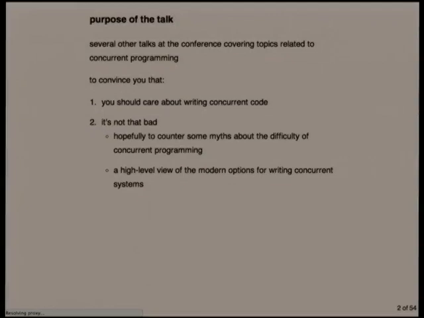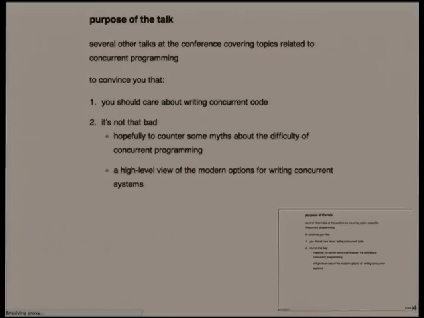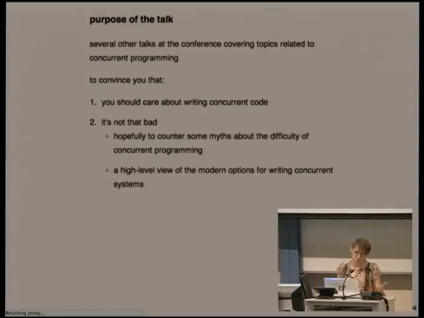The reason for my talk: there have been other talks today about concurrent programming. The talk earlier on functional programming is actually relevant to mine as well. I want to convince people that they should care about writing concurrent code. One of the essays I want to reference is called "The Free Lunch is Over." For a lot of problems, it's no longer possible to solve them by writing code that operates in a single-threaded fashion. And also that it's not too bad and that you don't need to worry about it too much. That involves countering some myths about how difficult it is and so on.